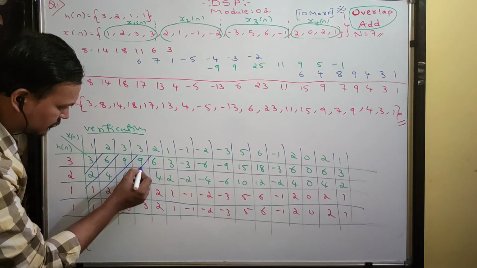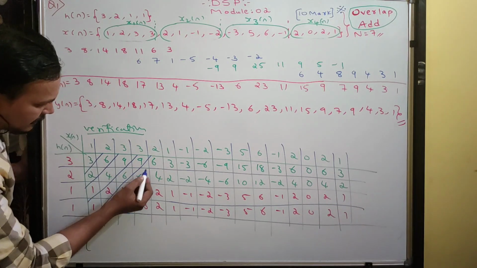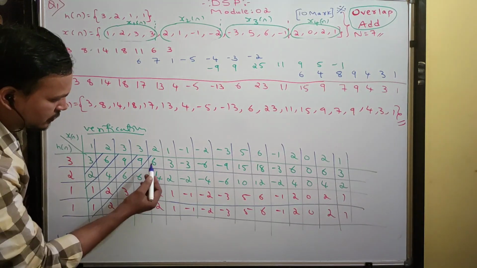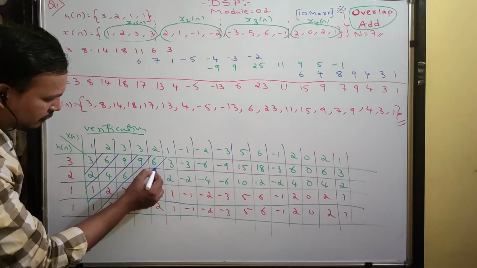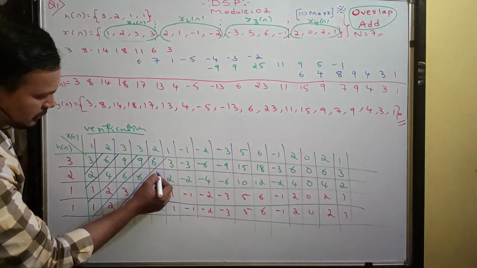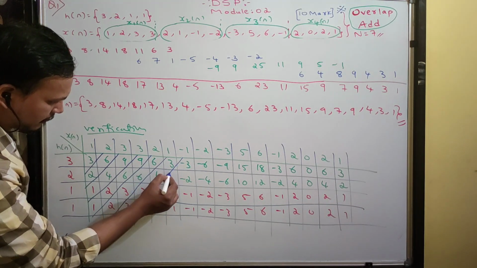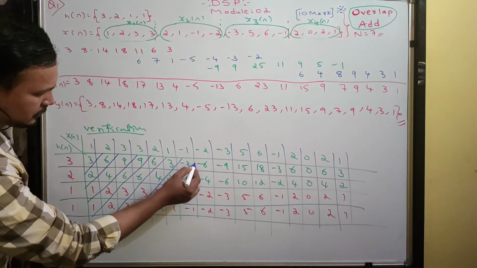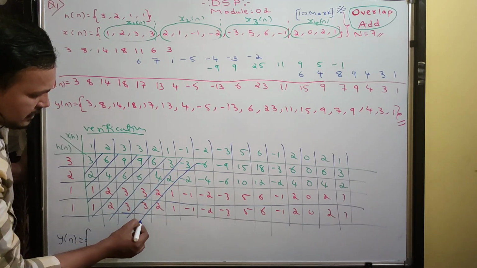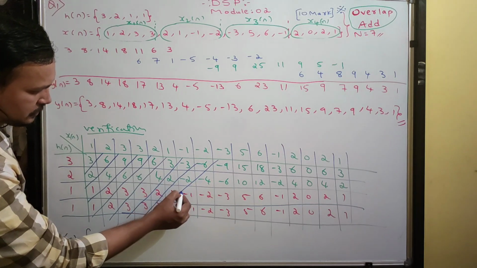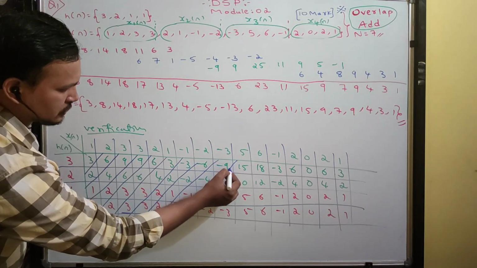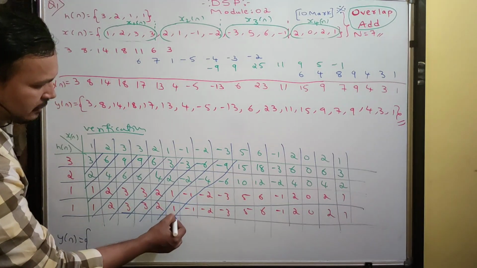After 3 we got 4 samples. Again try to take 5. 1 2 3. No, again we are getting 4 only. Next 3 4 3 3. Okay, next 3 2 2 3. Minus 6 minus 2 1 2. Like this you should group it. Okay, group it accurately.